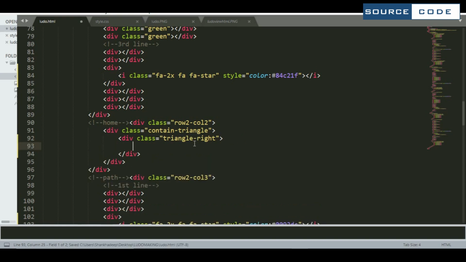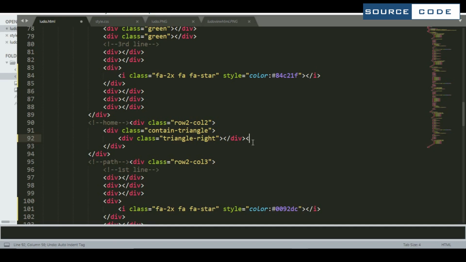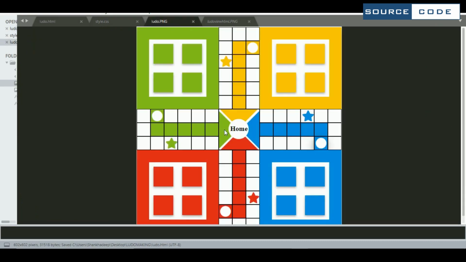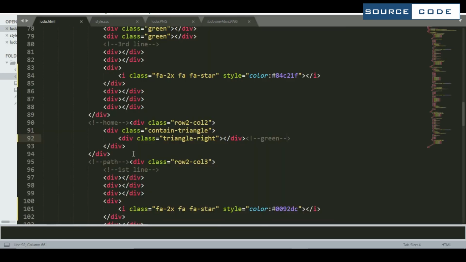So this one is going to be our green one. So if you see here, I have taken triangle right because it is facing right side. So now come to the HTML part once again. Now copy this one.